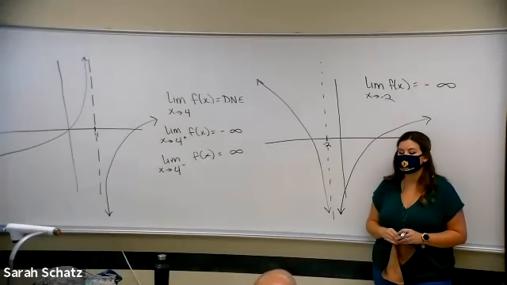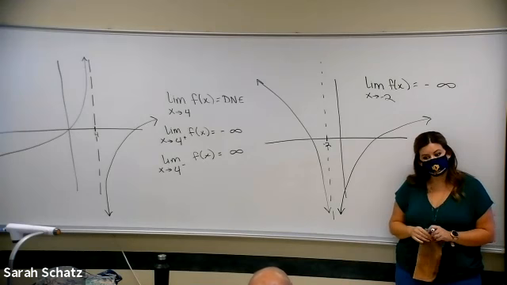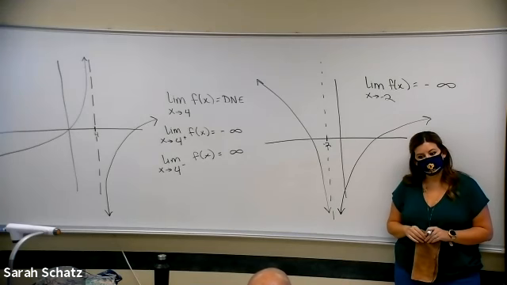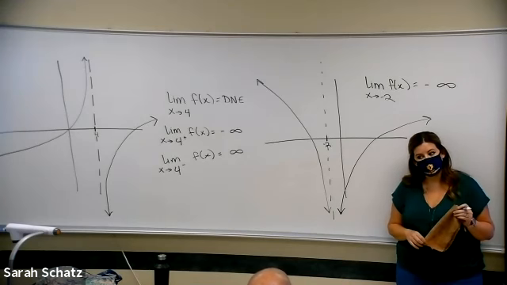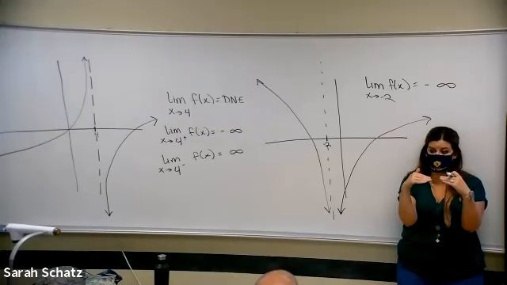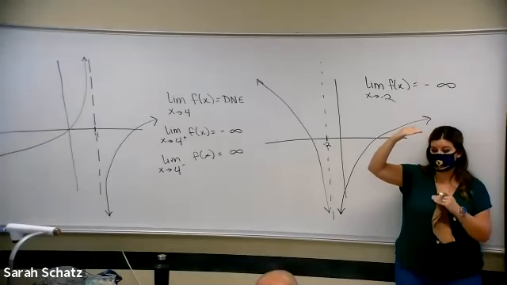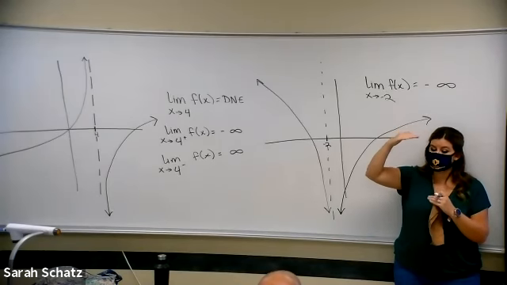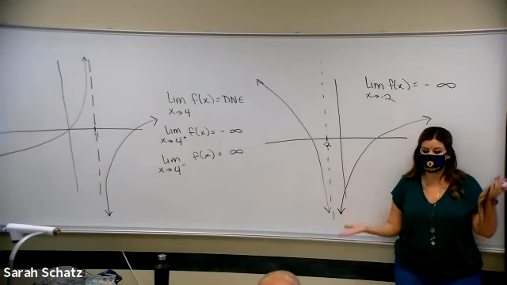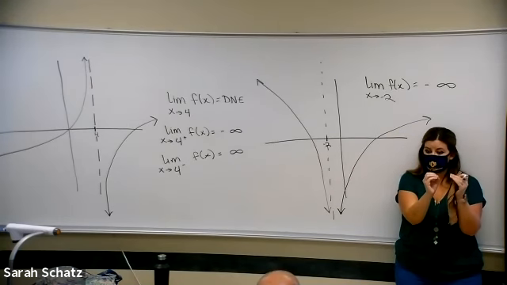Somewhere, absolutely, yes. In the example with the hole, are those two points touching? Is there no jump in between them? It depends on the problem, but sometimes they meet at a hole. And sometimes, like the first example I did, there's a jump. So remember, if there's a jump, you would have to specify which side you were going from. But if they both met at the same hole, then the limit would exist at that hole.